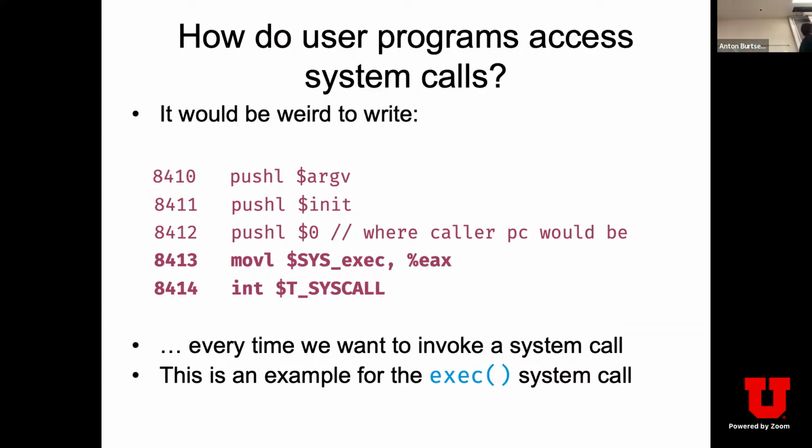But again, you asked the question previously: how is that with passing arguments to the system calls? Because all the functions are defined as void functions, right? And you say, well, that's fine. I probably still want to pass arguments on the stack because my programs expect the system call calling convention, right? So it's probably fine to push those arguments on the user stack. So for example, if we have an exec system call here, we will push argv on the stack, push the